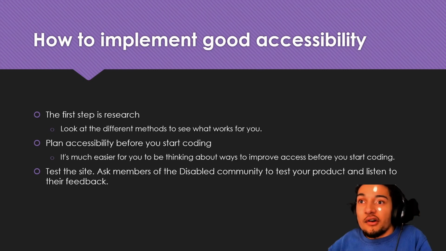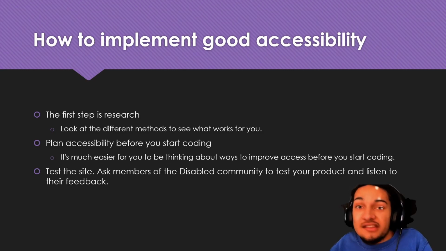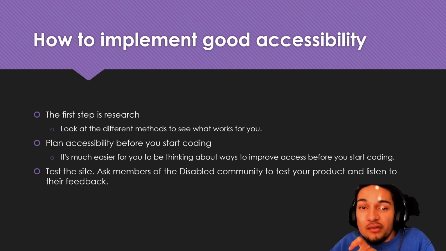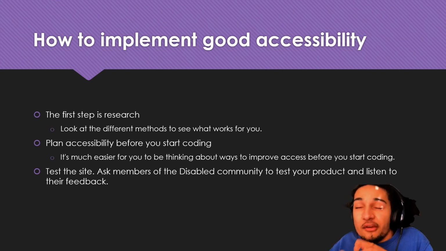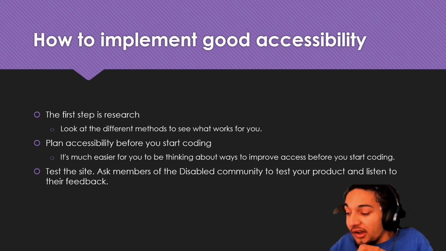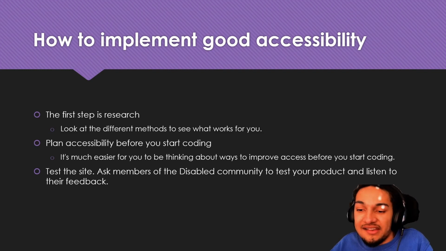There are lots and lots of ideas and guidelines and guides that people upload. So read them. It can be quite intimidating. It can feel like there is a lot to include, a lot to think about, which maybe is why accessibility is often done badly, because there is so much to look at and so much to learn and to understand. So it's really important that you research all the different categories, how it can affect people, and that sort of thing.